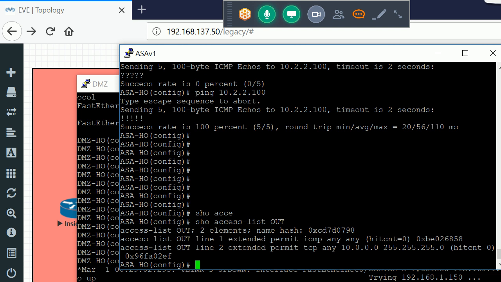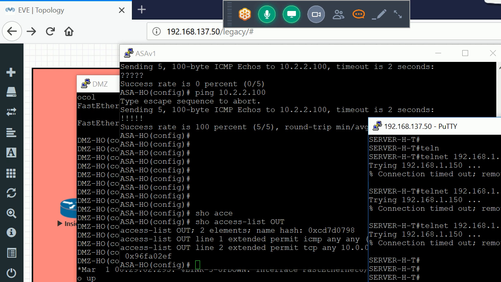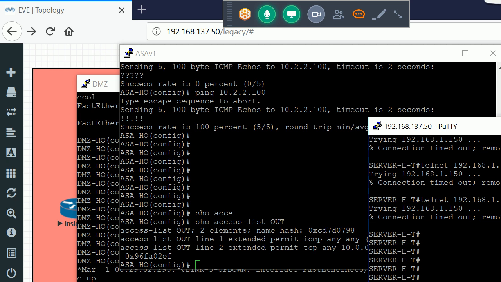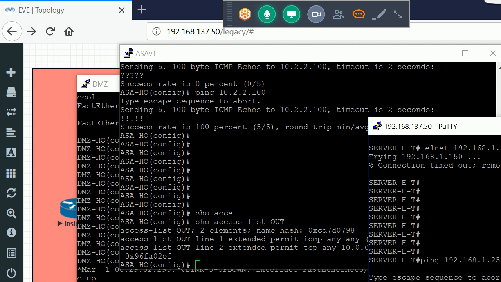The connection timed out. Okay. Ping 192.168.1.250. Let me ping the outside interface of my firewall. Yeah, I am able to reach there.